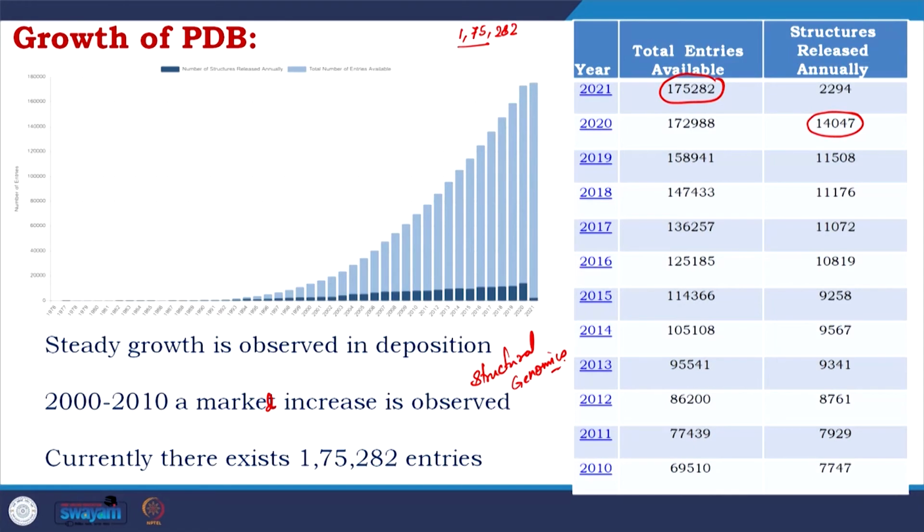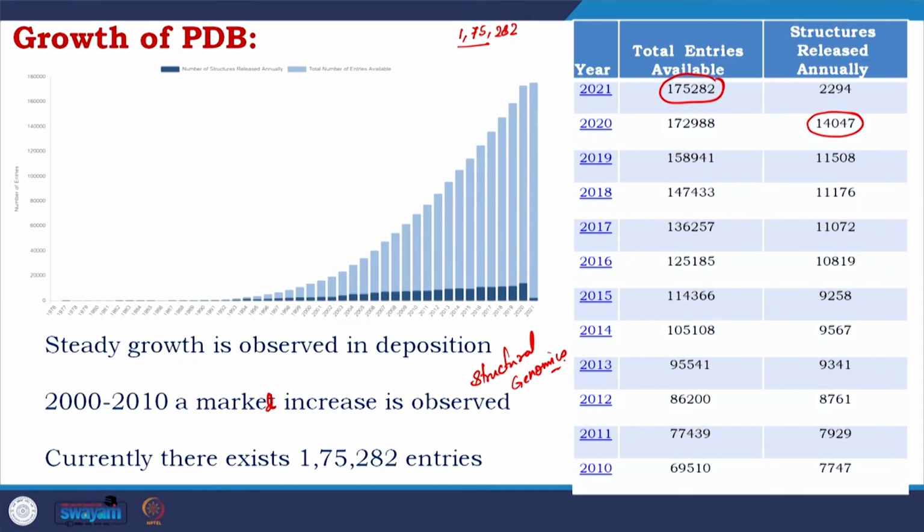They have delivered a lot of structures, but they could not live up to the expectation which next generation sequencing has provided us. So, gradually the projects are being closed. Currently there exist